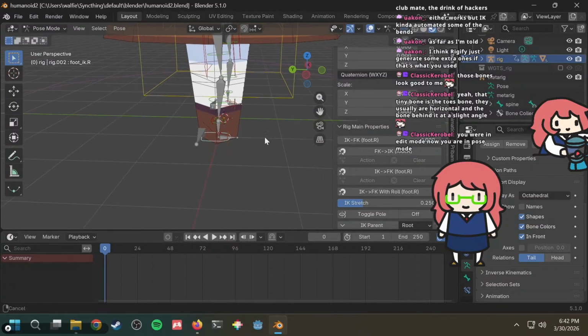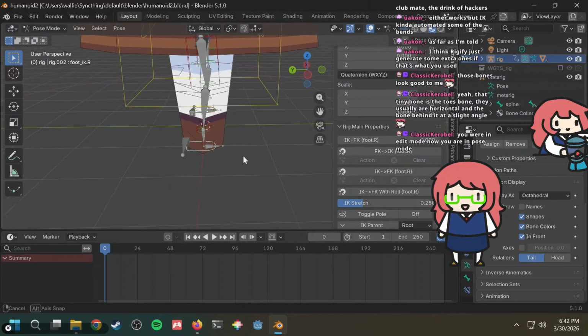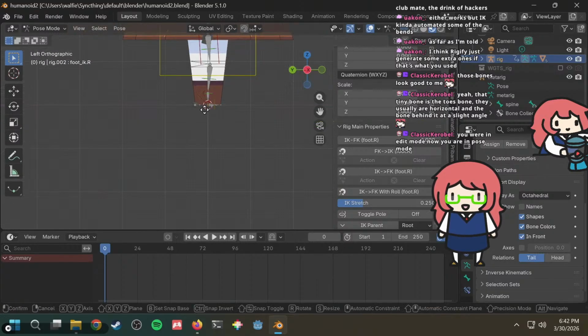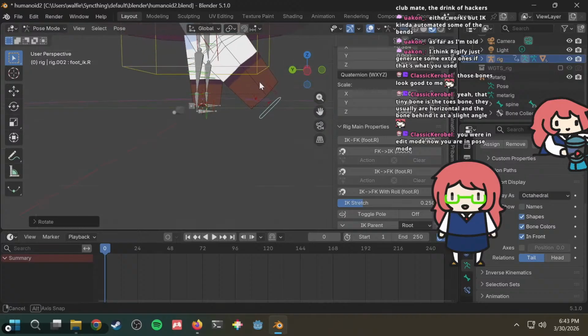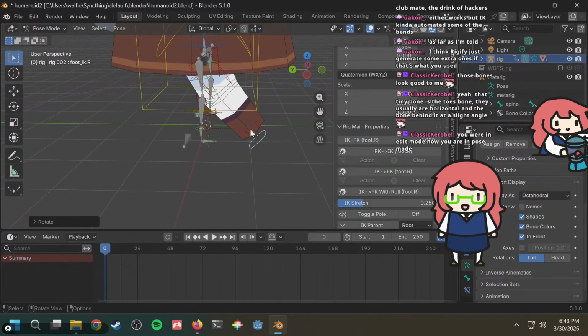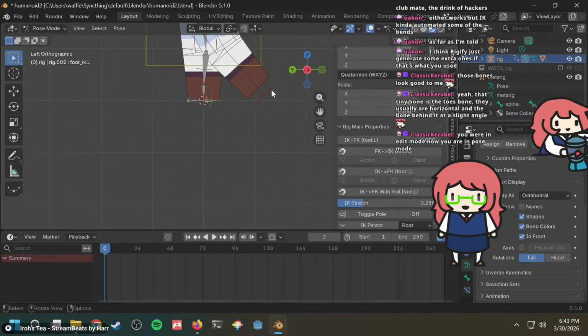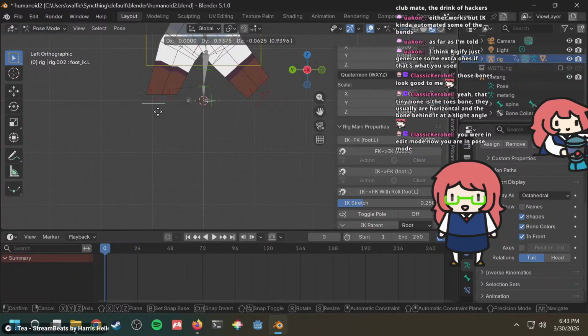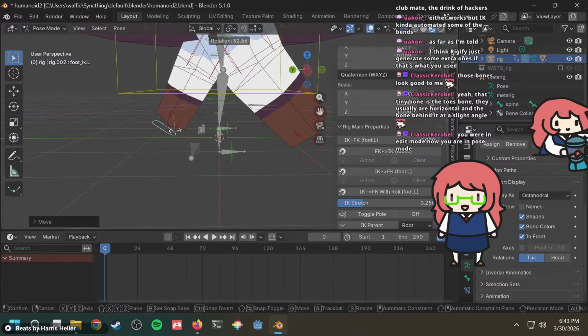Alright, so the first walking position, you gotta be like this, and then rotated slightly. It's gotta be rotated a little bit. And then the other leg as well has gotta be like this, but also rotated.